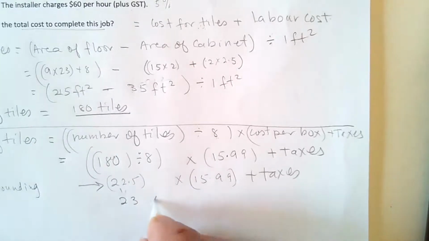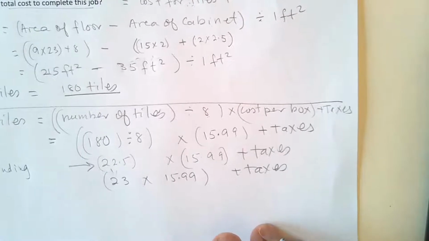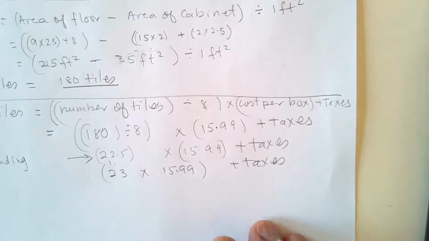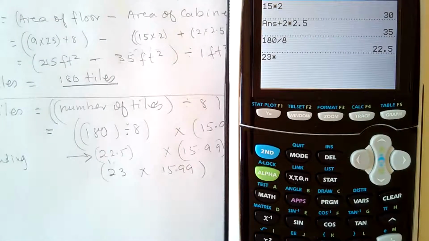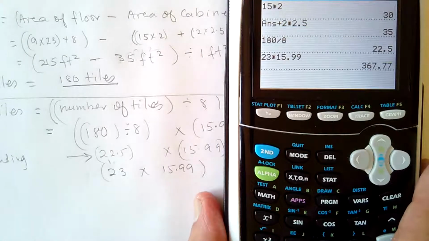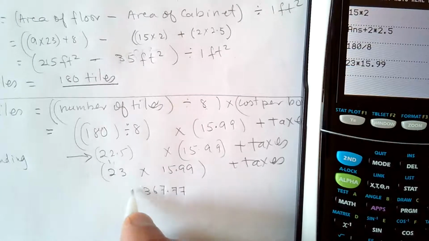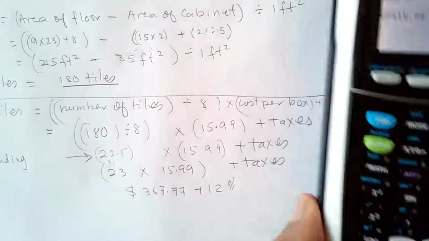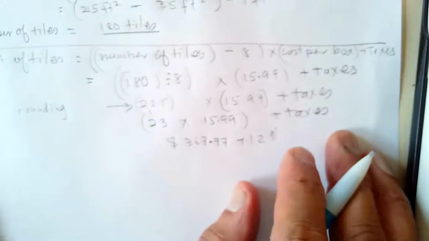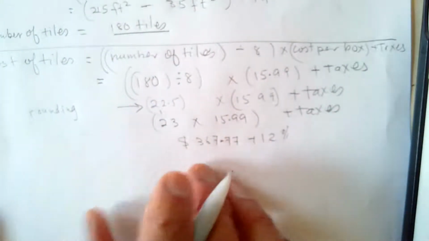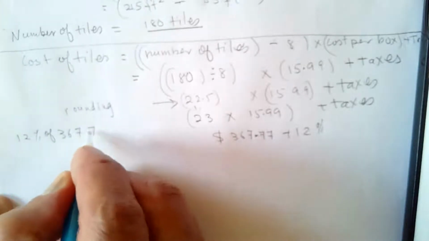So they give me 23 boxes times 15.99. That worked out to be, so 23 times 15.99, 367.77. That's before taxes, plus 12% tax. Now we'll do it separately, show you how to do the calculation separately. If I want to find 12% tax here, it will be 12% of $367.77,